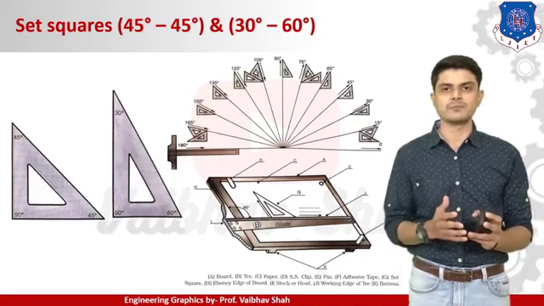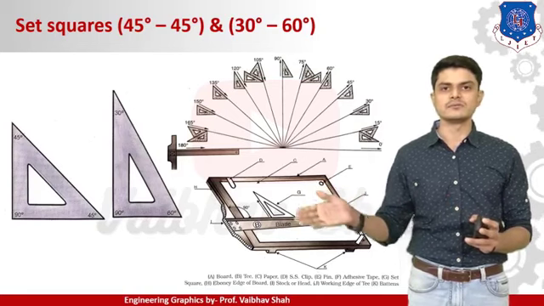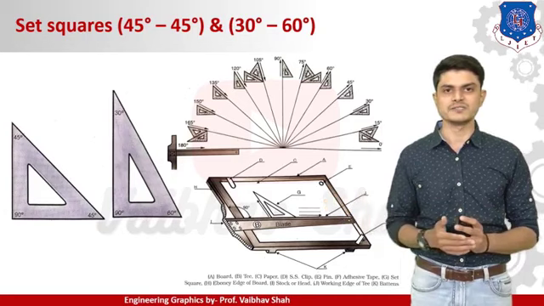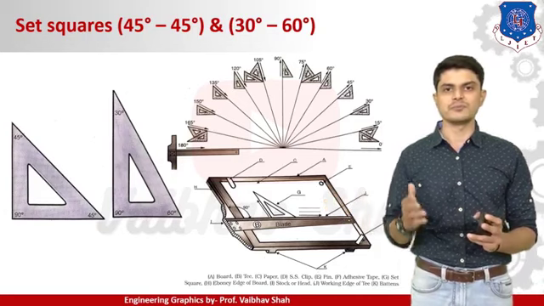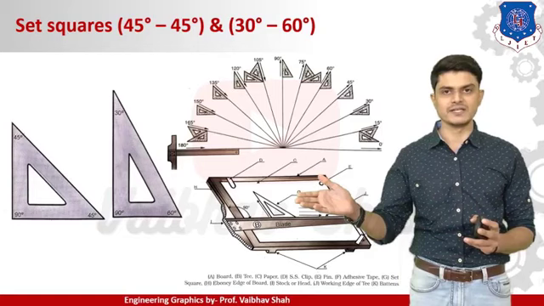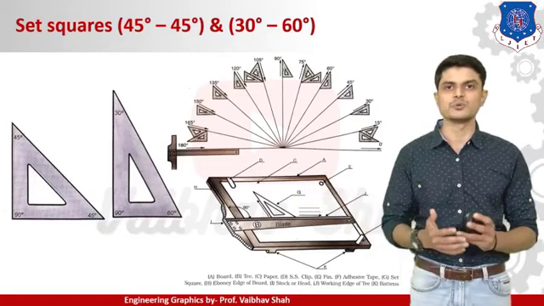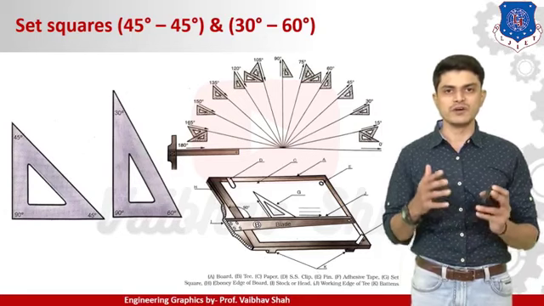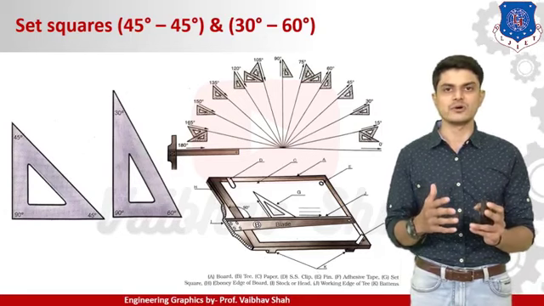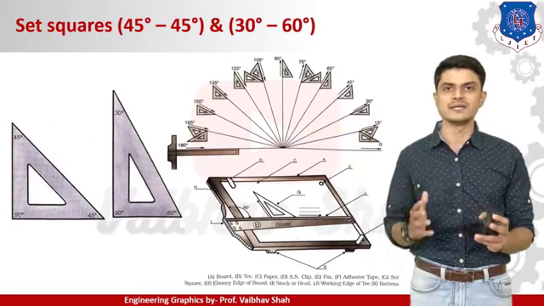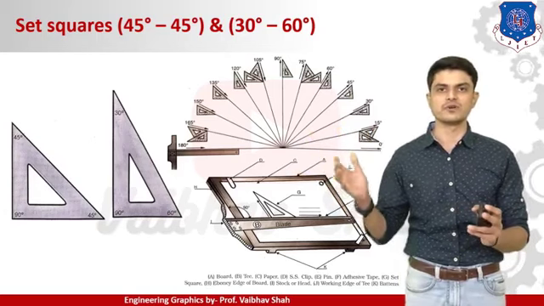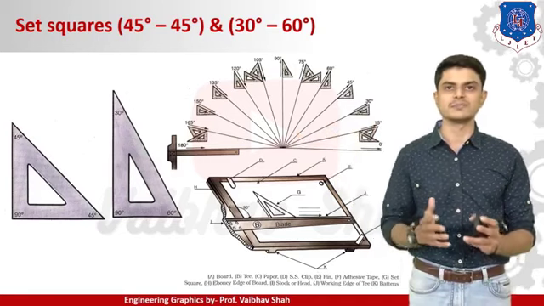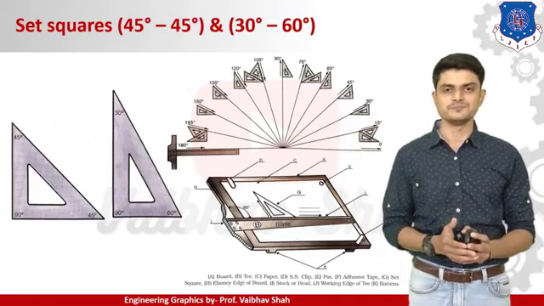So how to draw with the help of set square? You need to have a T square placed on your drawing sheet, like we have seen in our previous article. Then you have to place the set square here, and by the help of your pencil, you can draw any of the lines at any angle. And by the use of different combinations of your set squares, you can ideally draw from 0 until 180 degree by the different combination of your 30 degree and 45 degree set squares. So these are the ways you can draw different angles by the help of the set squares alone.